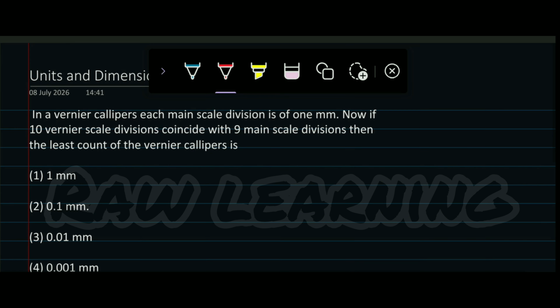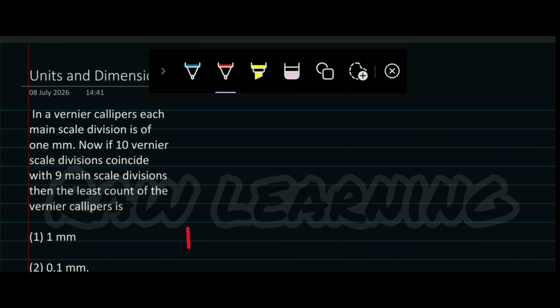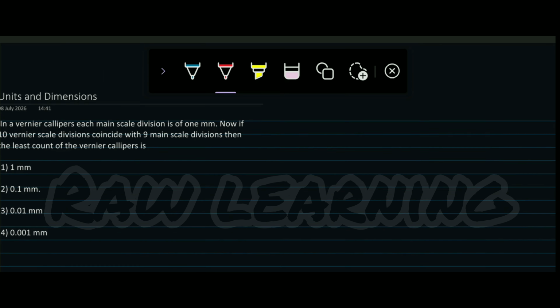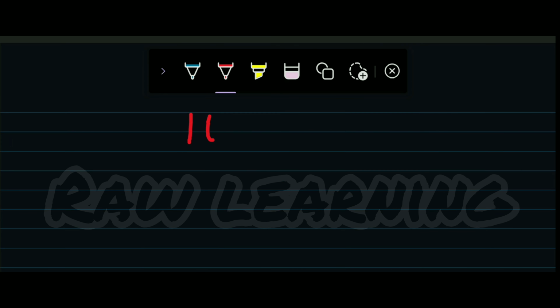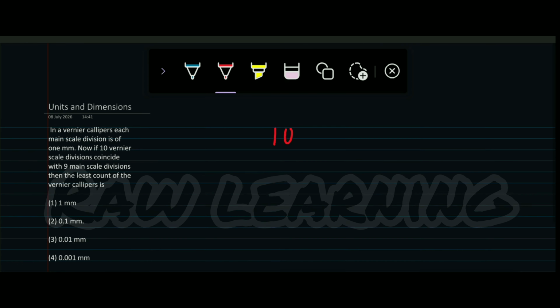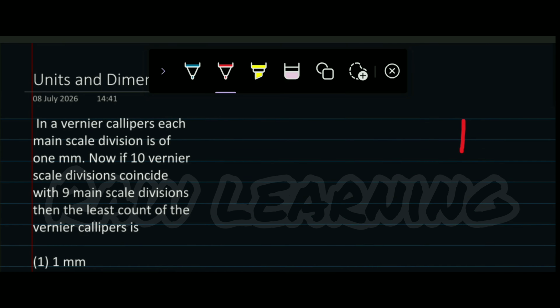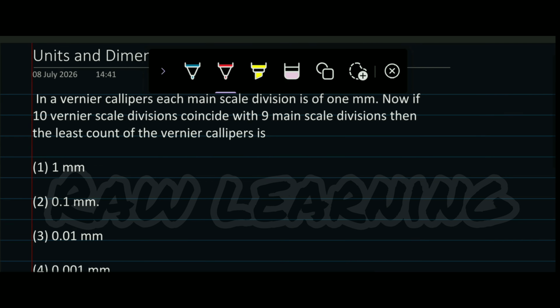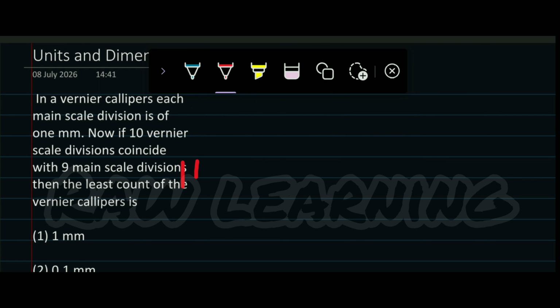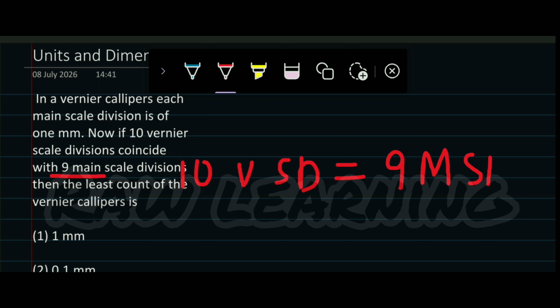the number of divisions that coincide of vernier scale and main scale are equal. So we can write this as 10 vernier scale divisions is equal to 9 main scale divisions.